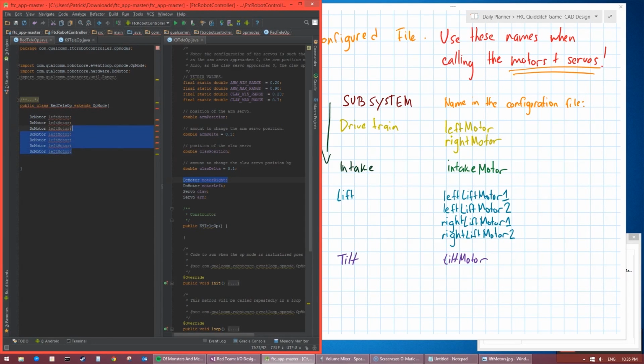We got the right motor, and then we need 1 for the intake, and then motor 1, motor 1,